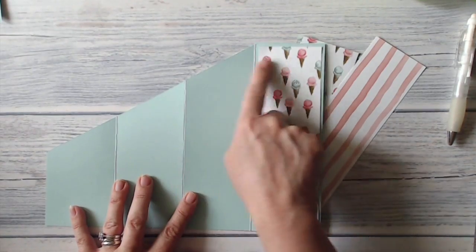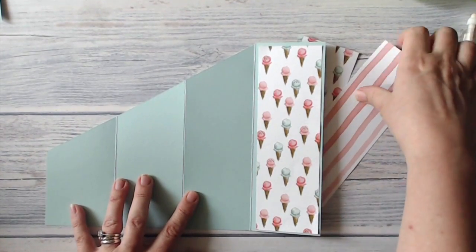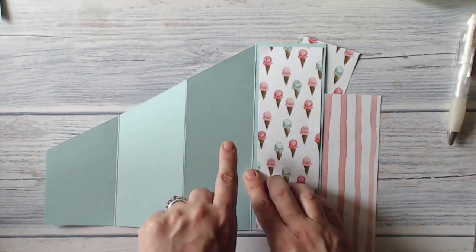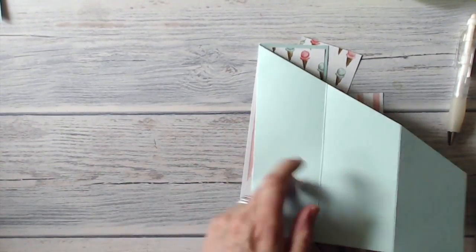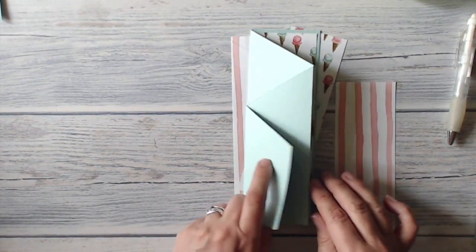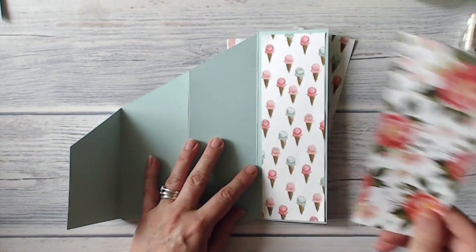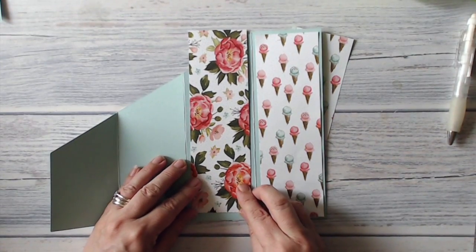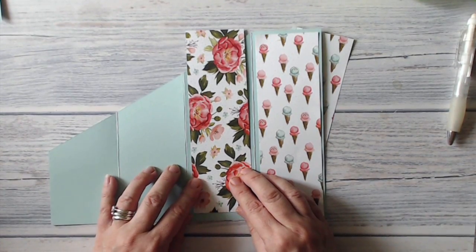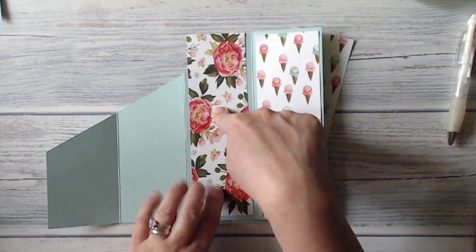I want to cut the DSP for these panels so that they're cut at the same angle as I've already cut the card, and I also need to be careful because I'm not putting DSP on that side of this panel. It's going to go on that side, and then on this side, and then on that side. So I have to make sure that I don't get my angles mixed up, because believe me, if I get a chance, I will. So the easiest way, after some thought and consideration, is that I'm going to put the wrong side facing up,